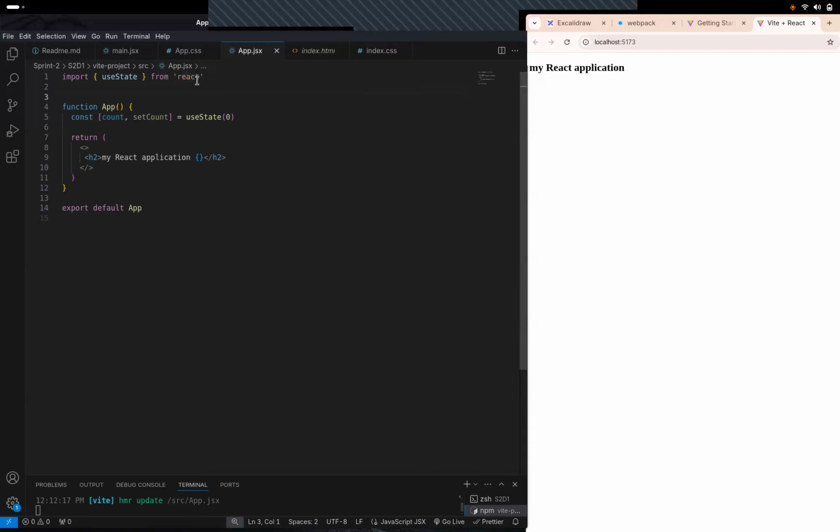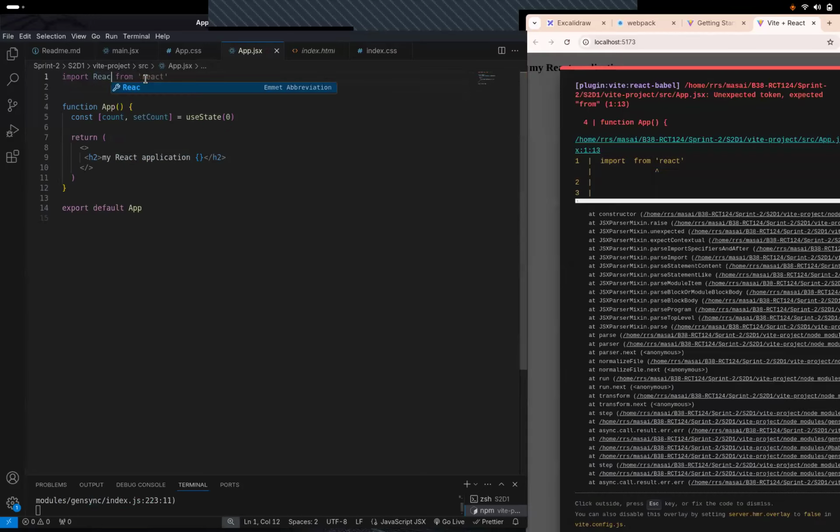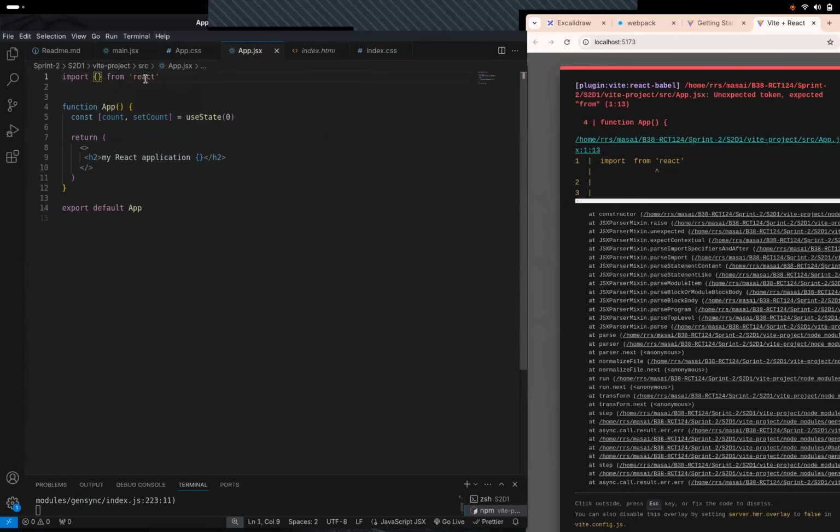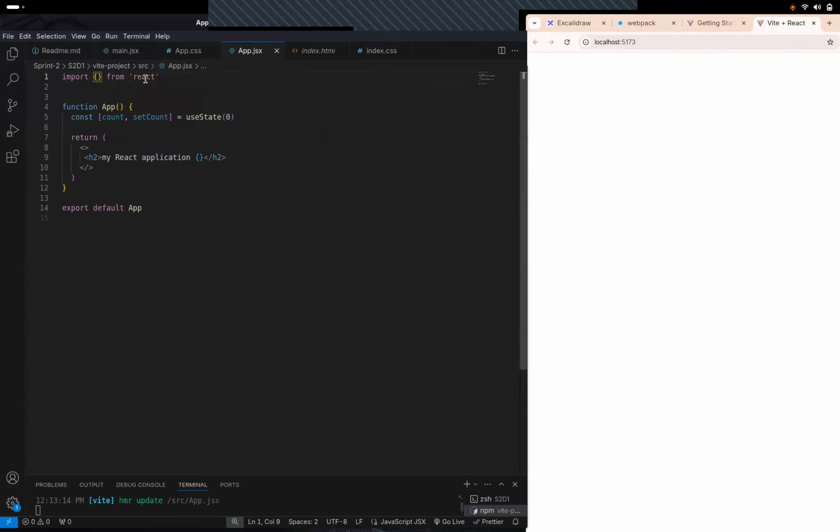From what has been installed, we are importing an object, and that object will have useState in it. So usually you might also see something like this wherein people import React from it, and then from React they'll import other stuff in this fashion. Right, so that's fine. You can do that also, but if you have the option to directly destructure that object, why not go with that? Right, so we can just directly do useState over here also. Clear?